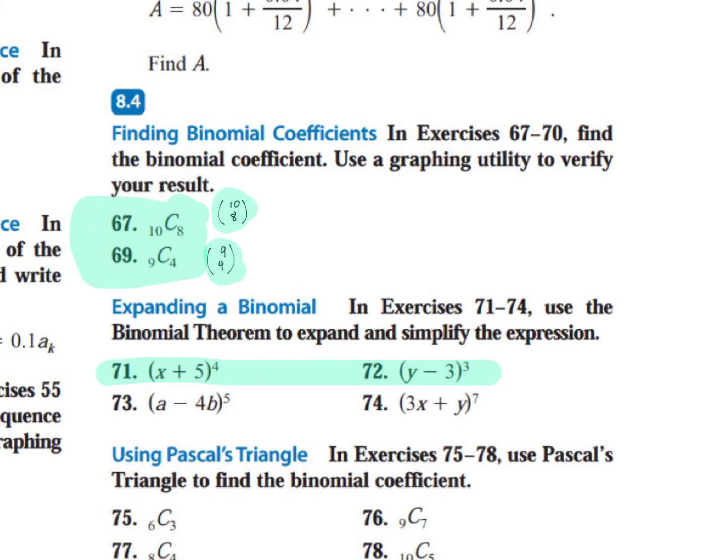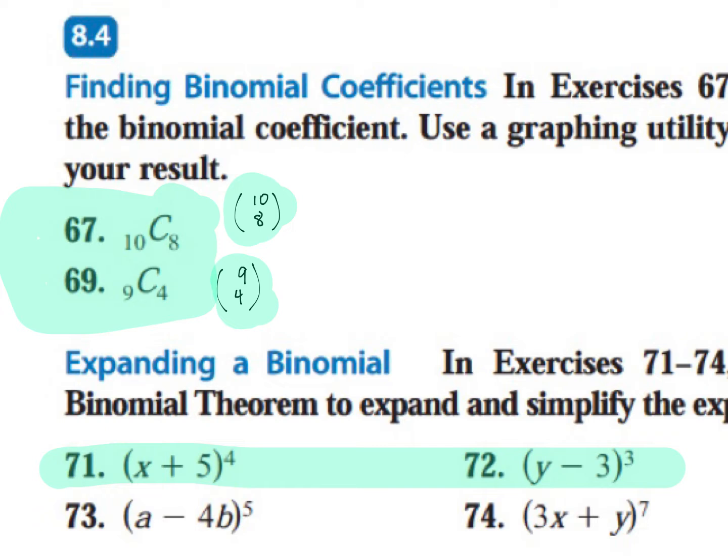So 67 and 69, we just have to find the combination, 10 choose 8, plug it into the formula. The formulas will be given to you. So it's n factorial over r factorial times n minus r. Just remember that the first one is your n, the second one is your r. And it could also be written like this, where the top number is your n, the second number is your r. So we would have 10 factorial over 8 factorial